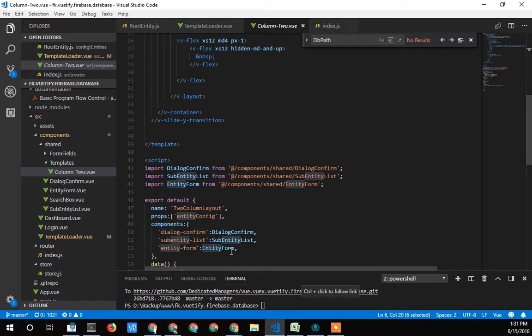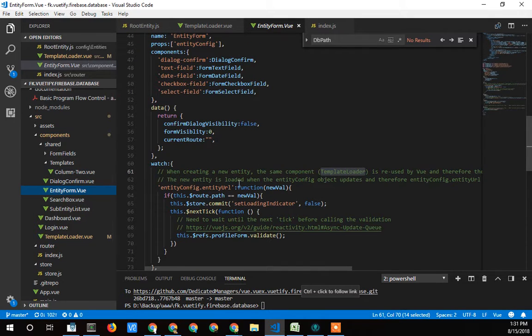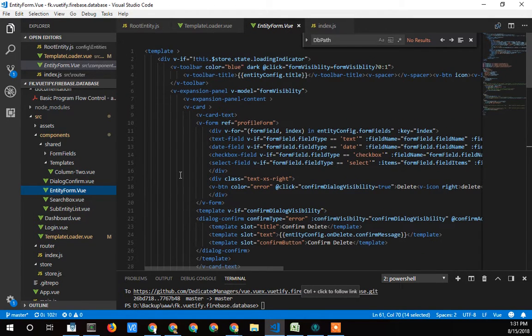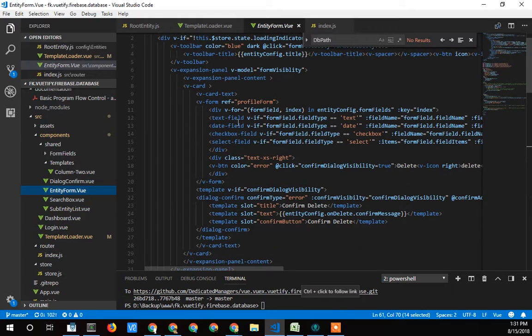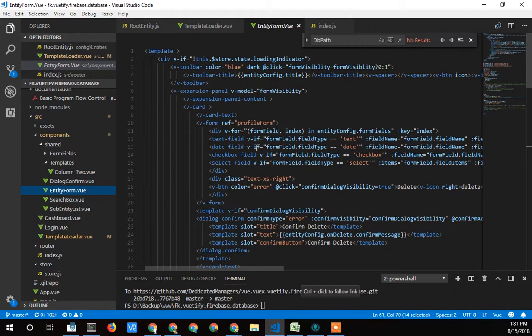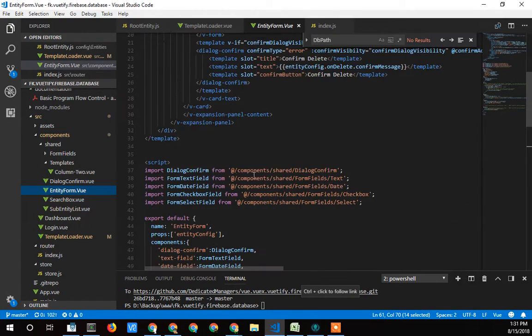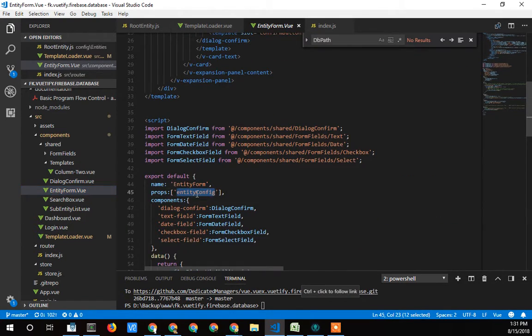That's the entity form, and it loads from this file, entity form. So this is that form file, and it defines what text field, what to show in the form based on that configuration object. So ultimately, that entity config comes in as a prop,